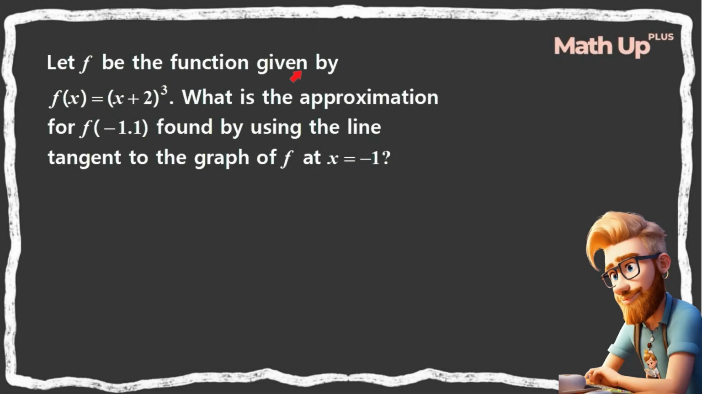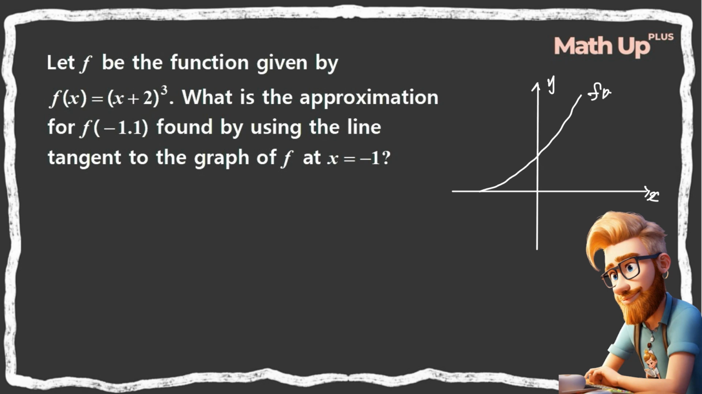Let f be the function given by f of x is equal to (x plus 2) cubed. What is the approximation for f of negative 1.1 found by using the line tangent to the graph of f at x equal negative 1? So if we visualize this function, x is here, y is here, and let's say this